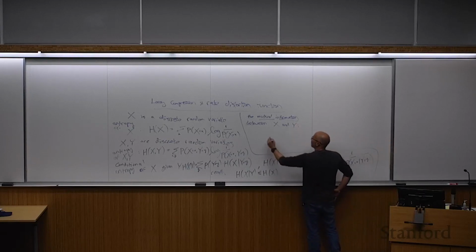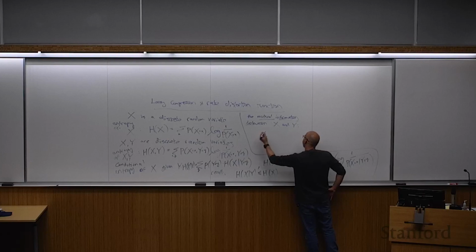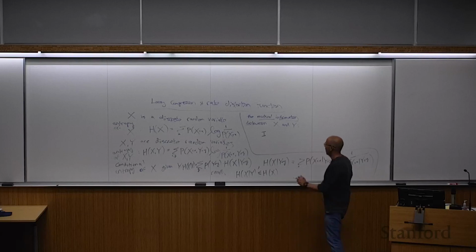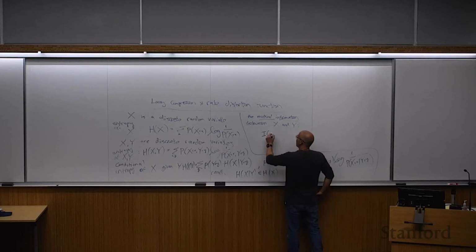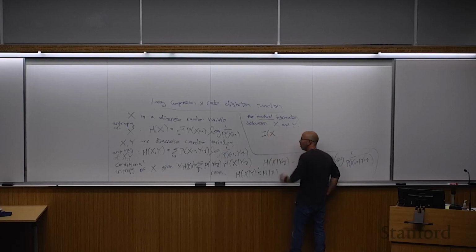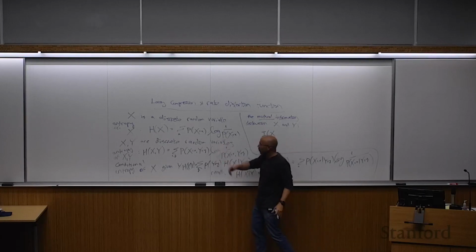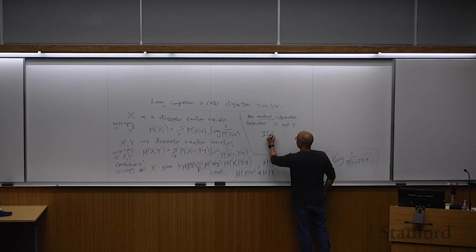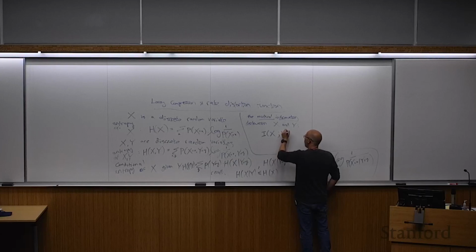And we denote it, for historical reasons that I myself don't fully understand, by I, and instead of x comma y, we're going to write a semicolon. So I(x; y)